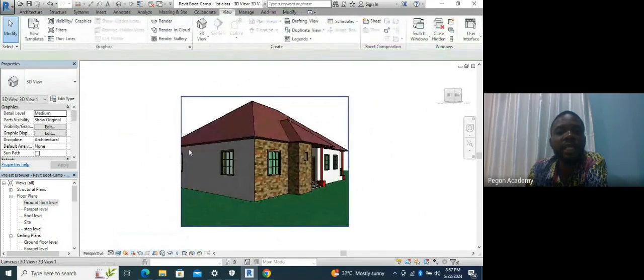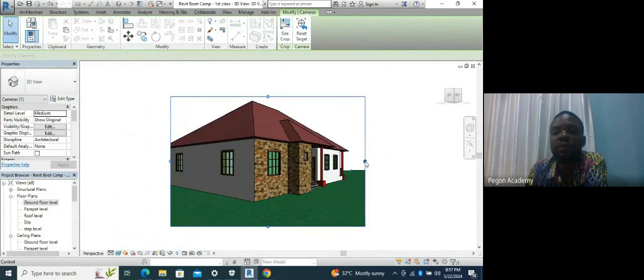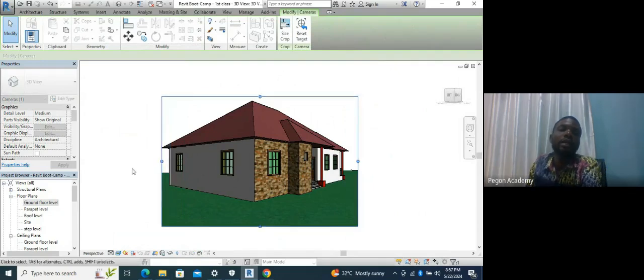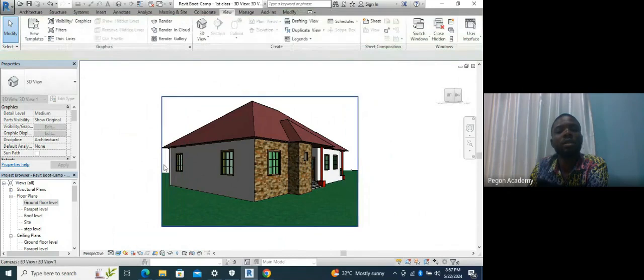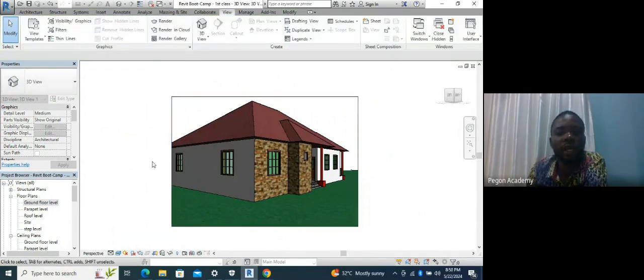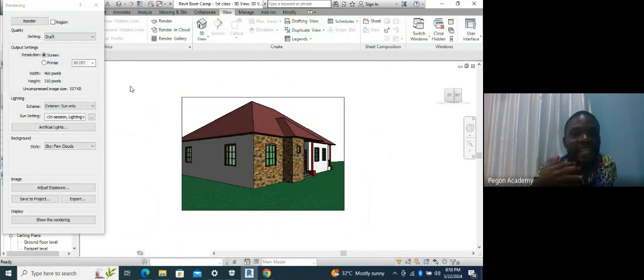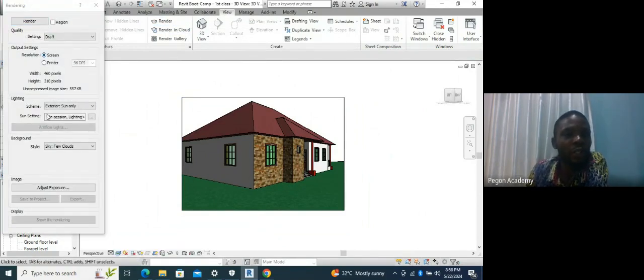So you can either expand to see more of the view, right? You can expand to see more of the view, right? So let me place it here. So when you're satisfied with what you have done, you simply click on render. Now this process takes a very long time. So I'm just going to show you how to do it, and I'm not going to start the